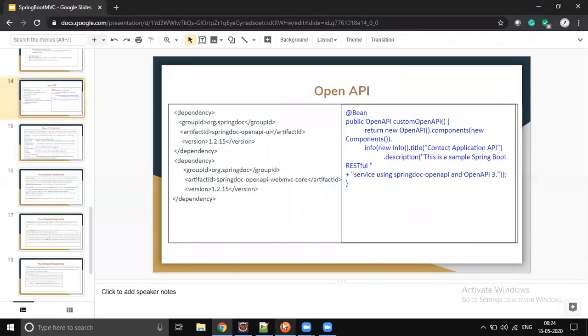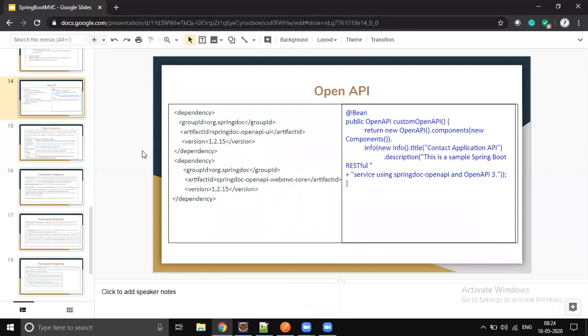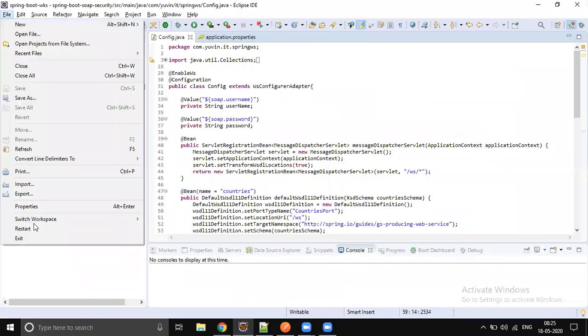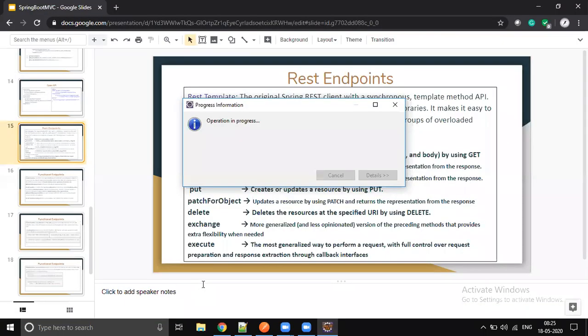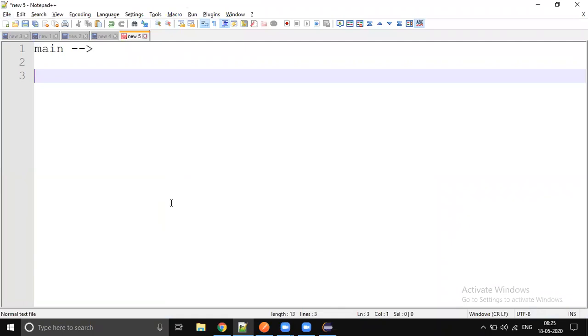Till now we were doing it through Postman or through the browser, but that is not the case always. Sometimes we may need to consume some services. So how are we going to do that? Let's consume our services and print the response. So I will try it like a command line, a main method application like that. You have to convert that into a web application. So it's an assignment for you.